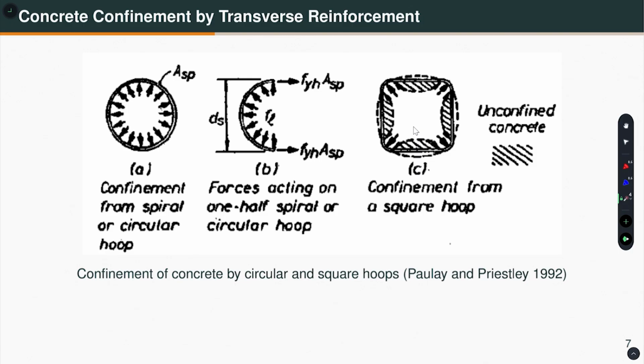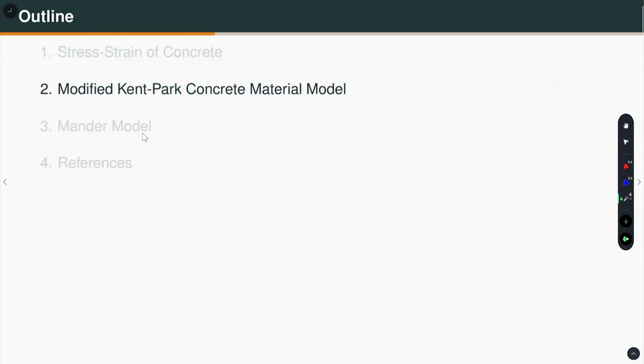Okay. So, that means, because the concrete stress strain depends on confinement, we have to create different models for confined concrete and unconfined concrete. So, pretty much the confined concrete is for within this, and the concrete that is outside the stirrup, that means the cover concrete, will be treated as unconfined concrete. Okay. So, with that